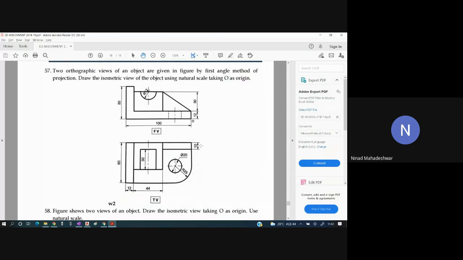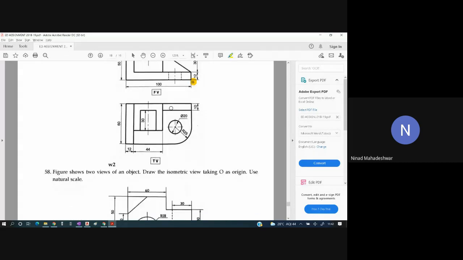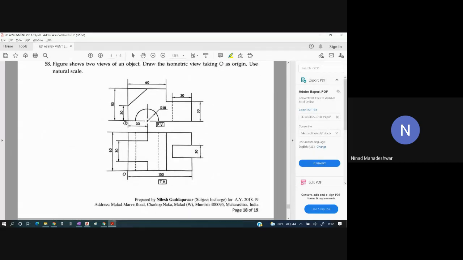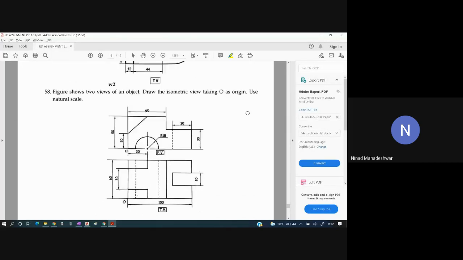For that, this point over here is very important. Can you see this O over here, students? You must have studied this also. This point O is the point of origin. If the origin is on the right, then the front view is towards the left. And if the origin is towards the left, then the front view is towards the right.